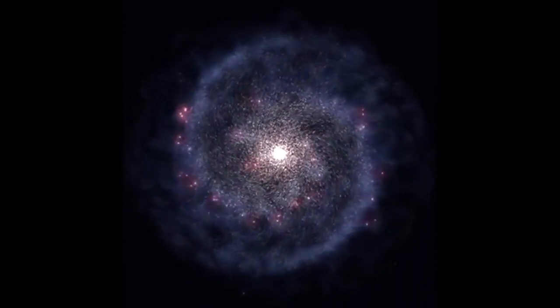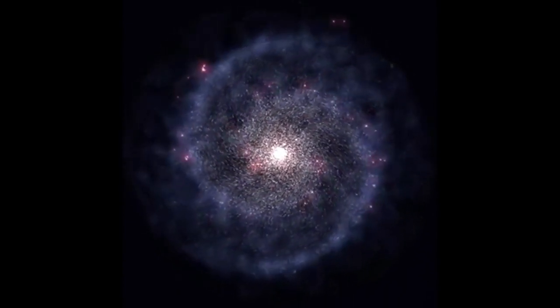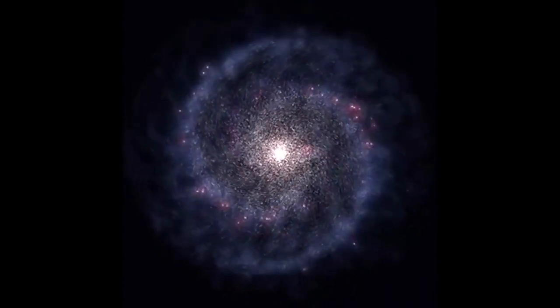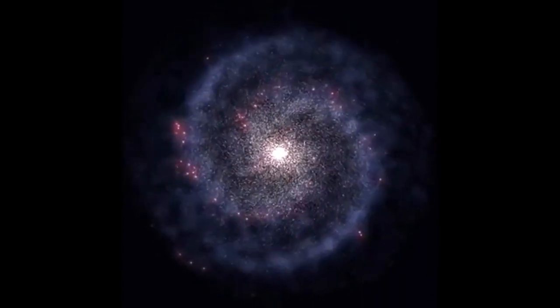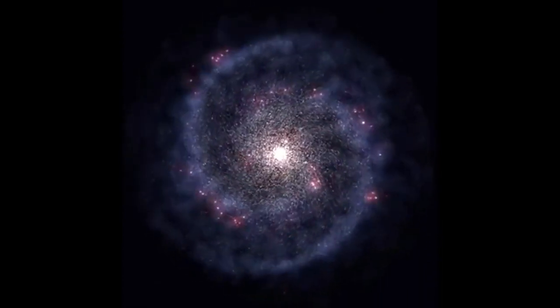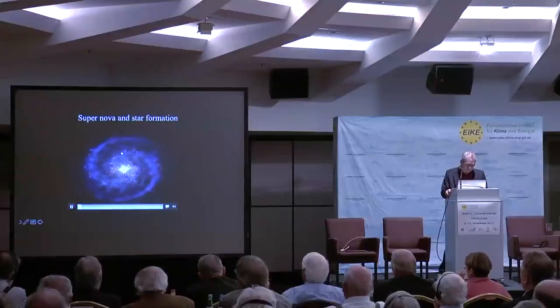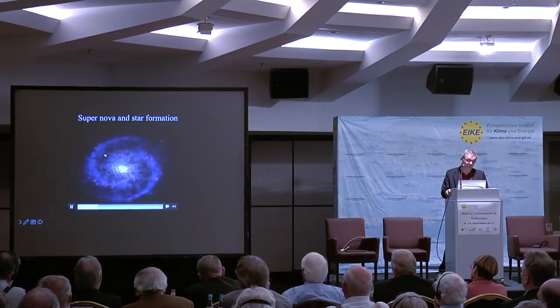So all these red points that you see here are supposed to be supernovas going off. And if the solar system is in such a region, you have much more cosmic rays, meaning that you should have a colder climate. Whereas if you are in between the spiral arms, you will have a warmer climate because there are fewer cosmic rays.